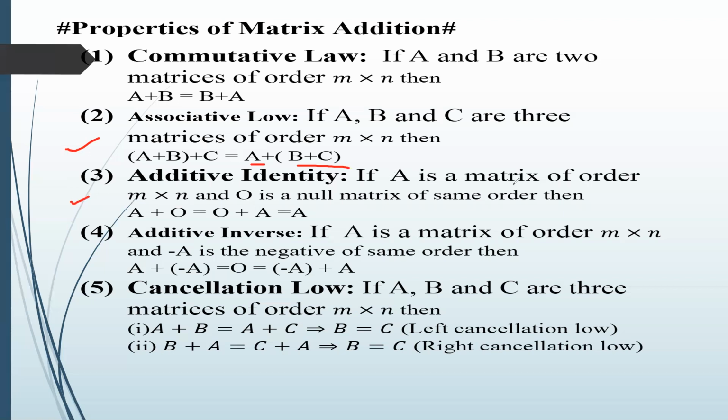Now we go for additive identity. If A is a matrix of order m by n and O is a null matrix. Null matrix means zero matrix. Means a matrix which has all entries zero. Okay, of same order. Then A plus 0 is equal to 0 plus A equal to A. So is that clear? We can take one example for this. We have like that A is equal to 1, 2,